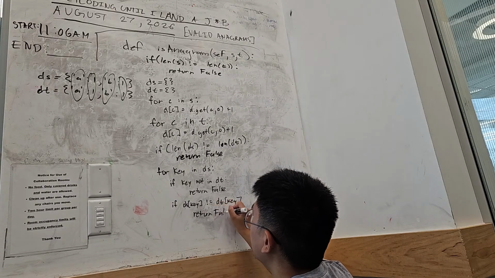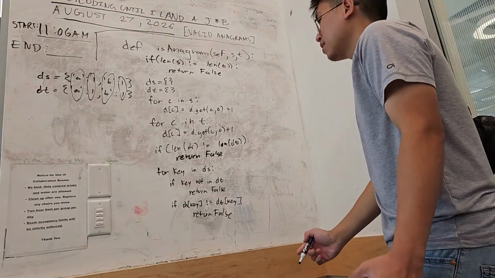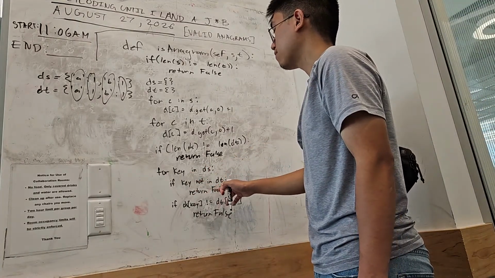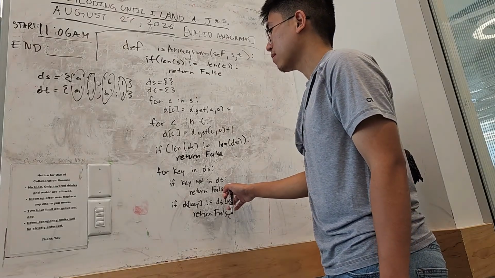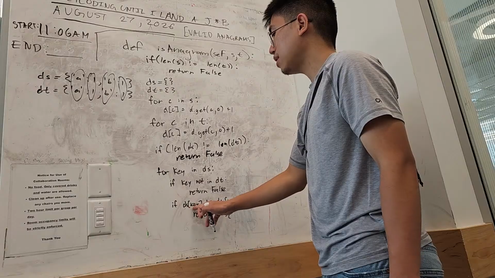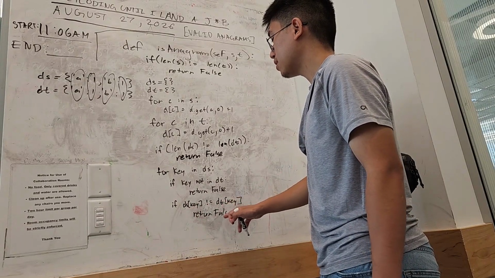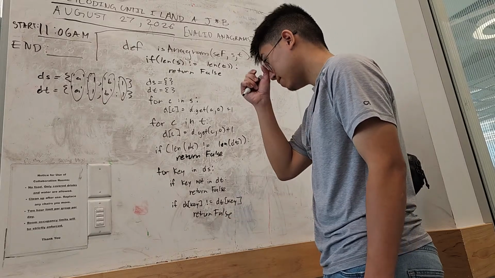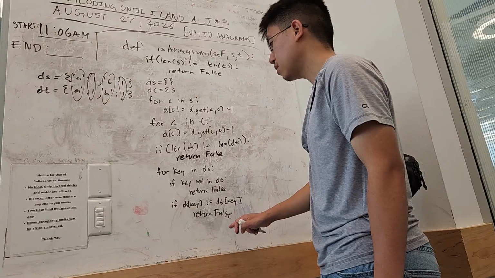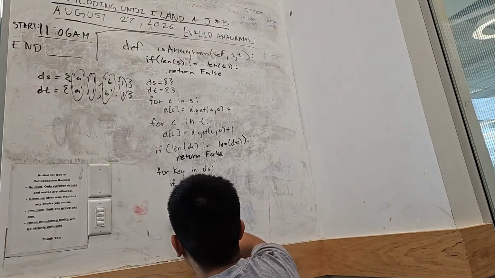This is a lot of if statements. I know there is high key a way to optimize this, but so we're going through every key in d of s. If the key is not in d of t, return false, right? And we also need to check if the key in d of s is not equal to d of t key, then return false. Yeah. Or actually, there's a way to clean this up. This is horrendous, bro.